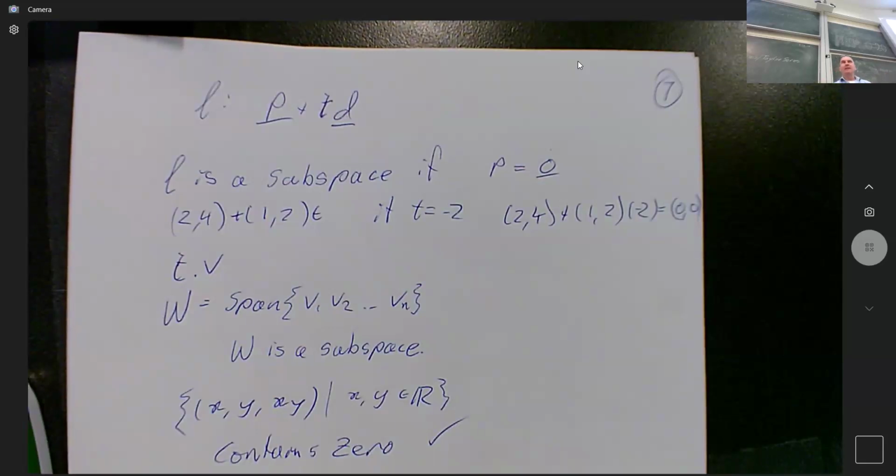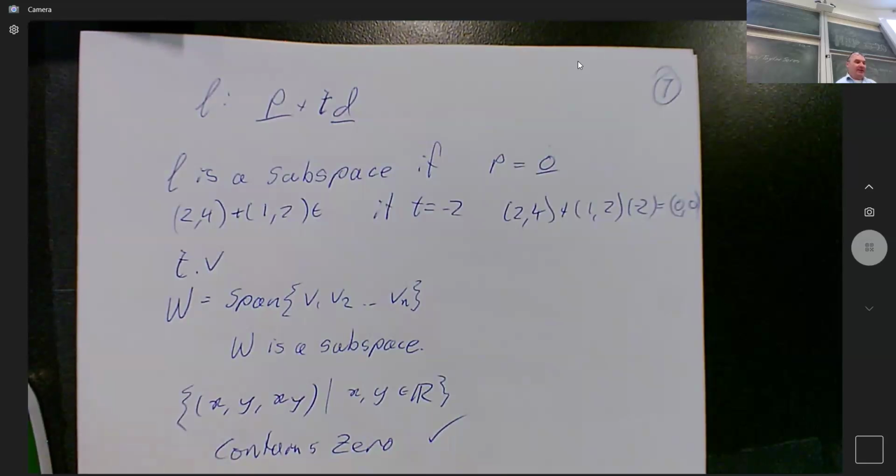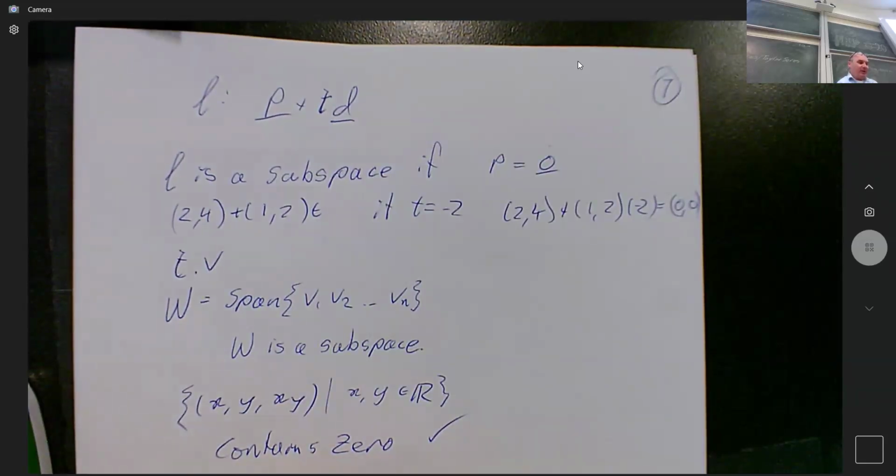But now I'm confident that it's not. So I'm not going to try and show that it is, because that's tedious. I'm going to show that it's not by giving one example. The beauty of showing something is not a subspace is I just need to show that one of those conditions is broken by an example, because it has to be true for all possible cases. If I show one where it breaks, that's enough to say, okay, not a subspace. In this case, if I just pick a vector that was 1, 1, 1,